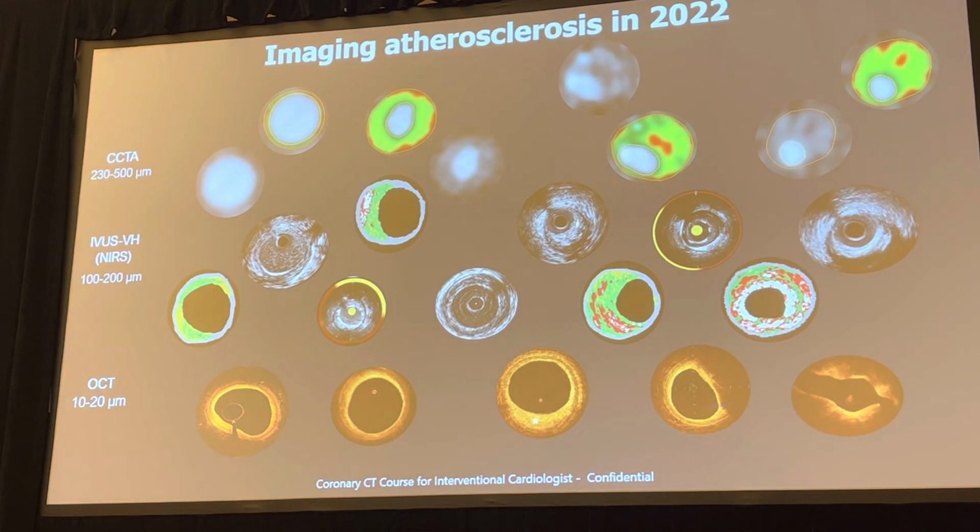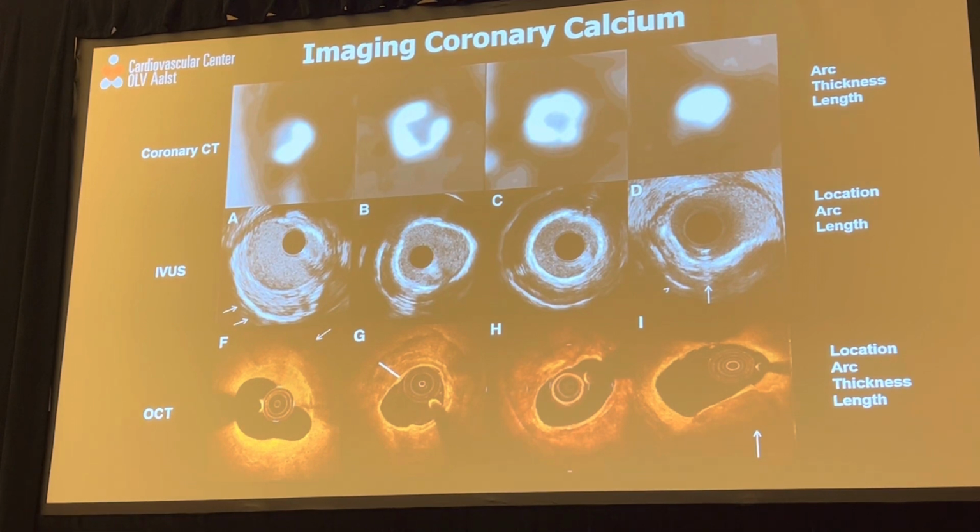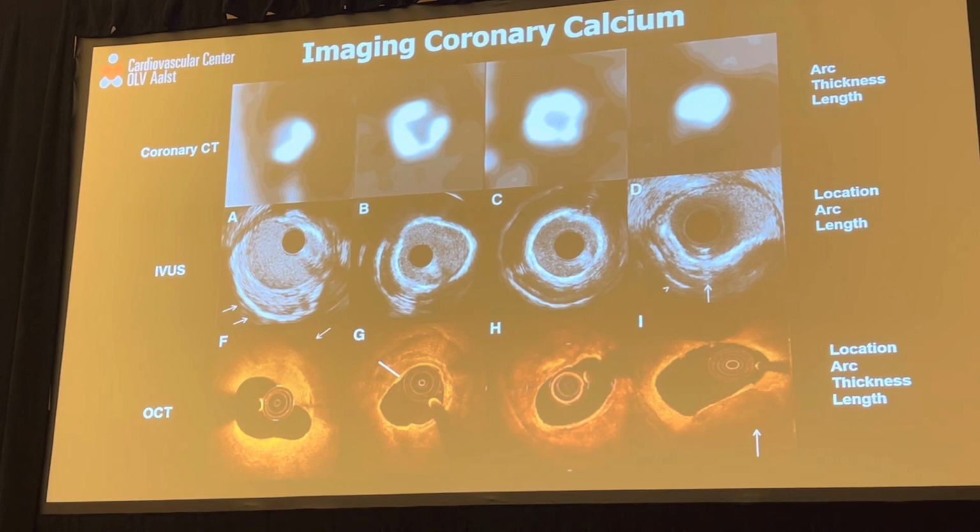And we know pretty well, we have described, that CT today is able to characterize all these types of plaque morphology, from the early phase to the late fibroatheroma. But what is very important for us is the fact that CT is also able to define calcium. And we don't see calcium as a problem. In the image we see calcium, there is calcium, tell me more about the calcium. It's a very interesting interaction, and we can not only look at the calcium itself, we can see the arc, we can see the thickness, we can see the length, and it correlates pretty well with invasive